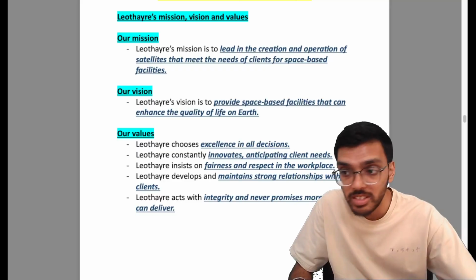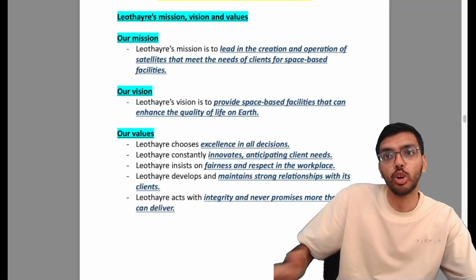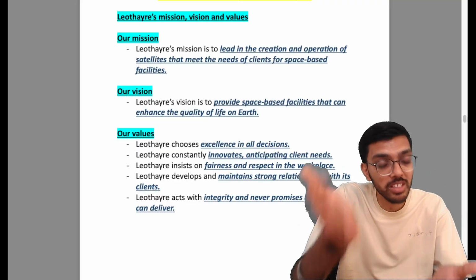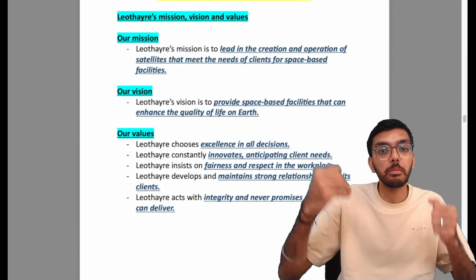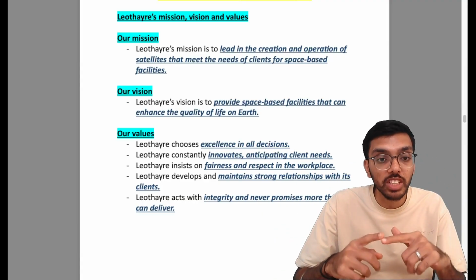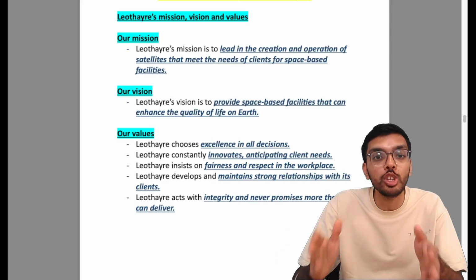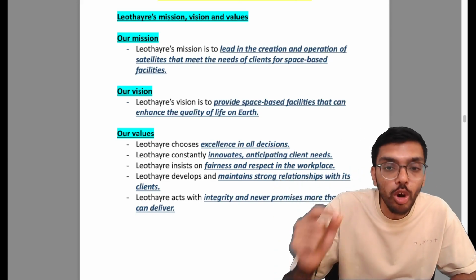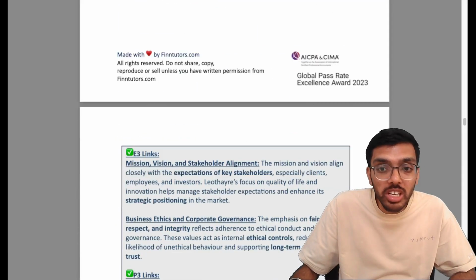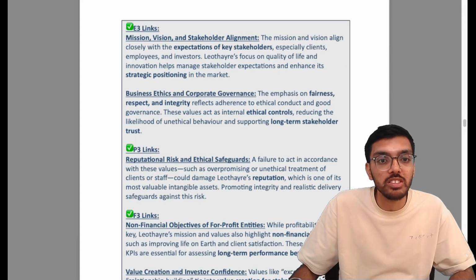You cannot suggest something that, let's say, cuts on innovation because your value is innovation. Please make sure that you remember the mission, vision, values in your own words and then obviously please use them within your answers. If you don't use it, any of this knowledge of the pre-seen that I'm giving you will